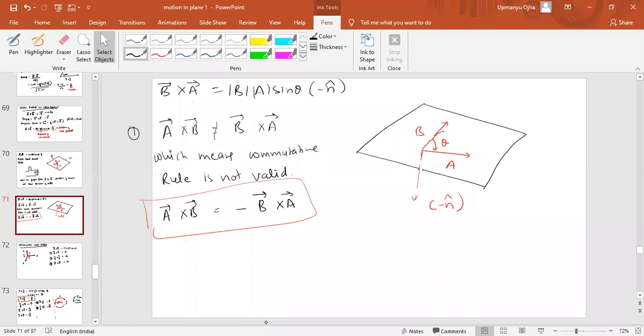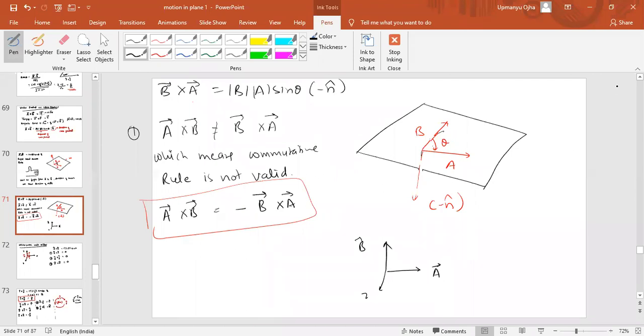No, no, not only for coplanar. You can take the cross product in the x and y plane also. It is not that the cross product is always coplanar. Very good question you have asked me. See, if I take a vector a along the x-axis and b vector along the y-axis, then a cross b will be along the z-axis. You can see that these are not all in one plane.